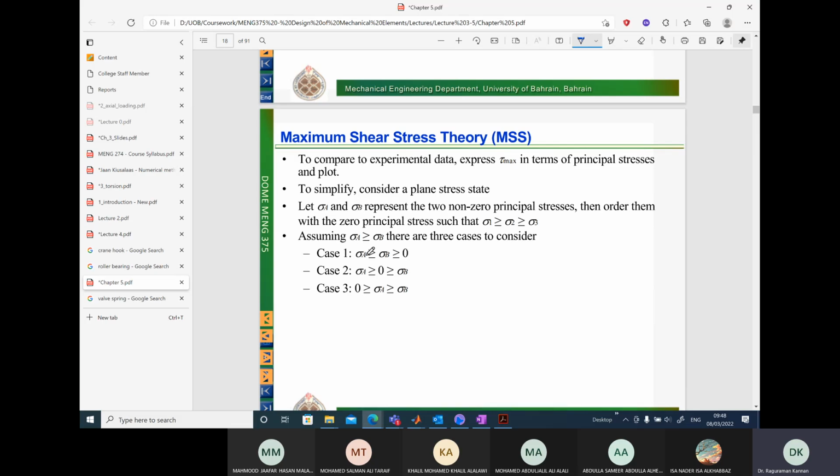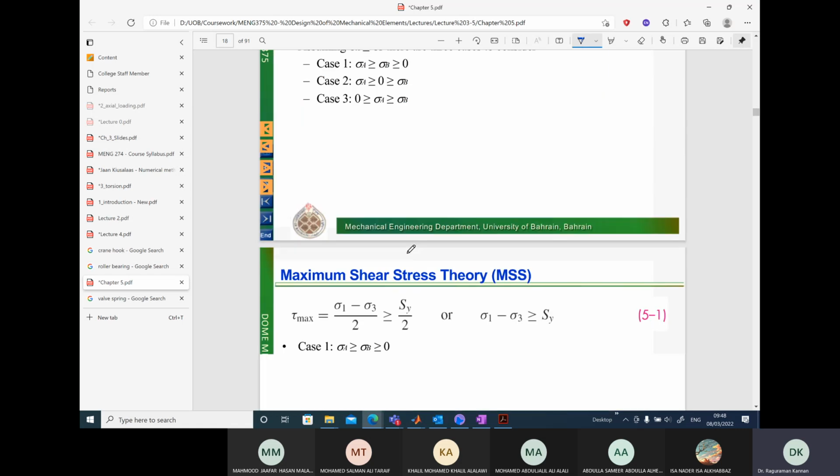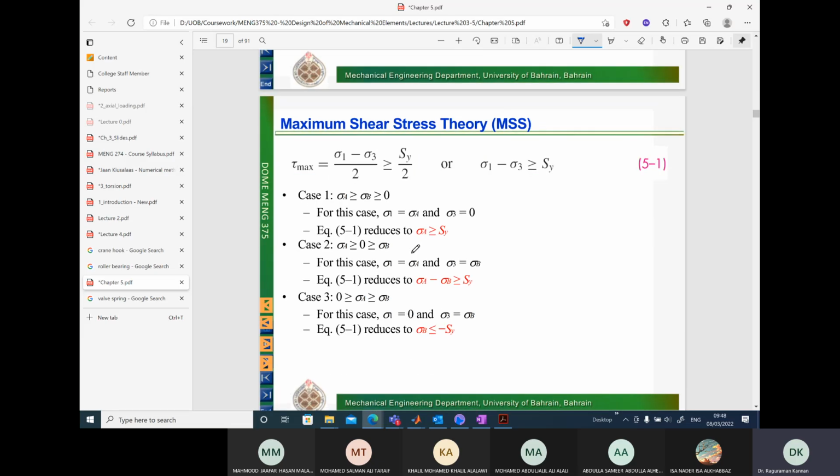And we can see here both are positive, or both are negative, or one of them is positive and the other is negative. So 3 different cases. So what are the formulas we should consider? So here,